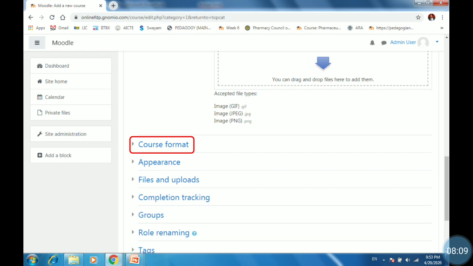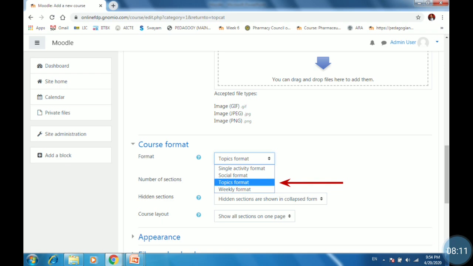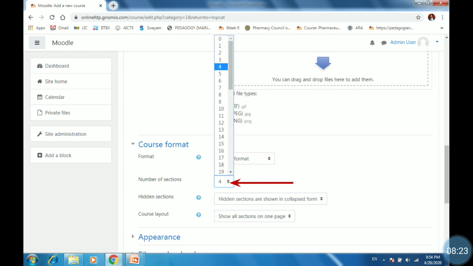So just click on the first one, course format. It will ask you the format of your course. Either you can choose a single activity format, a topic format, or a weekly format. So I will choose here the topics format, that is lesson format. The number of sections by default is 4. Maximum you can add 52 sections into your course, that is 52 topics you can add into